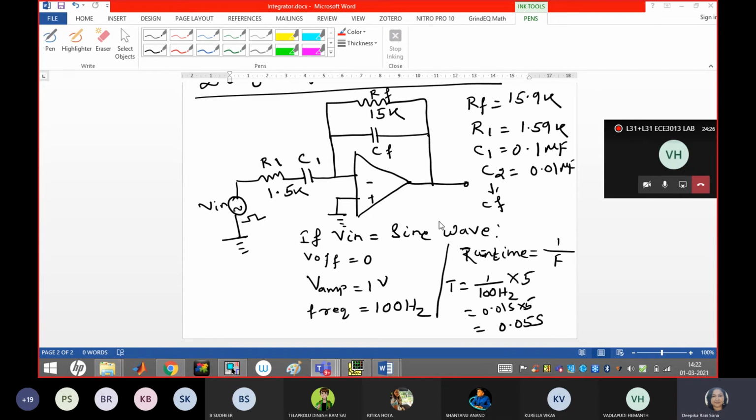V0 equal to minus RF C1 into dV in by dt, right? That is the equation. So if I apply a sinusoidal waveform, what should be the output at a particular frequency?